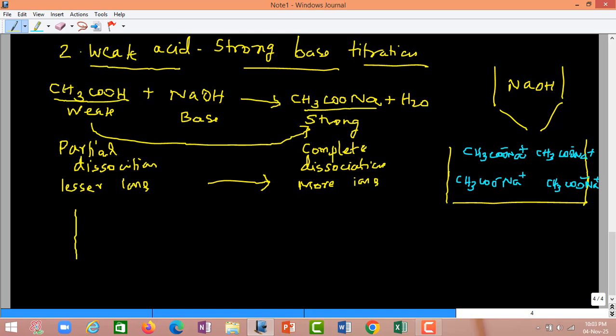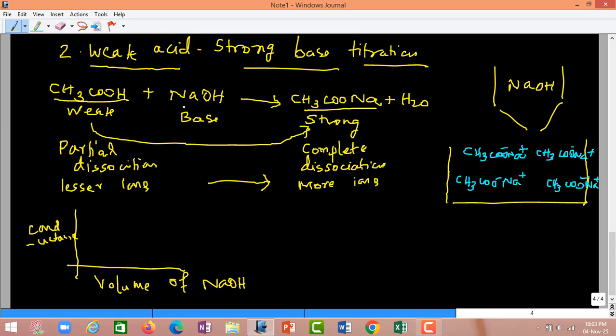If we draw a graph between conductance in the y-axis and volume of the burette solution, which is sodium hydroxide, in the x-axis,